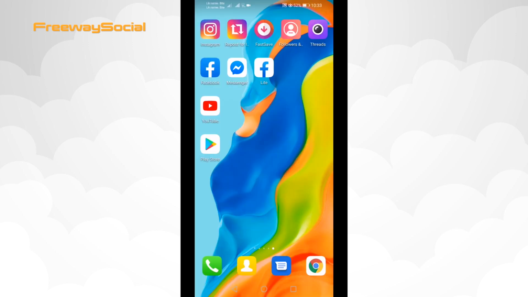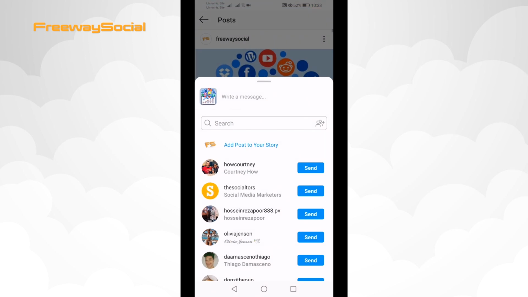Now open up Instagram app, log into your account, and now you should see the add post to your story feature. I hope this guide was helpful and you were able to fix add post to your story missing and not showing up